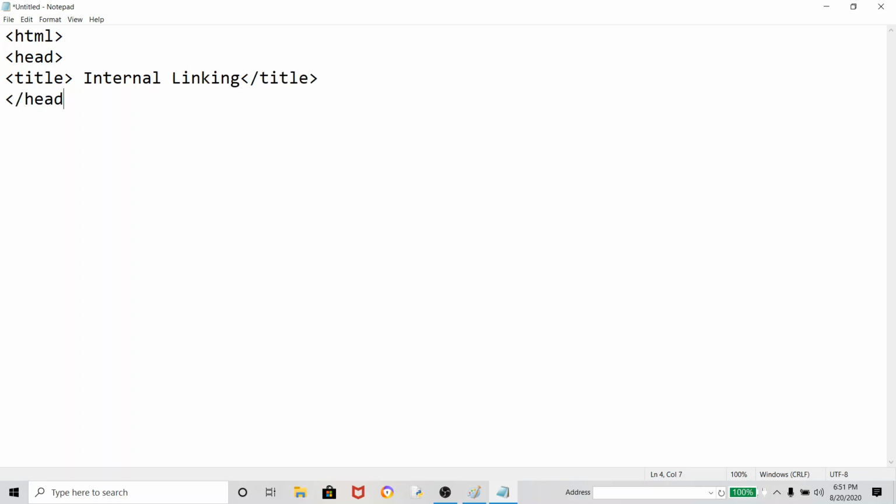Title closed and head closed. Now I will use the body tag, and in the center I am going to give information. This is an example of internal linking, and center is closed.